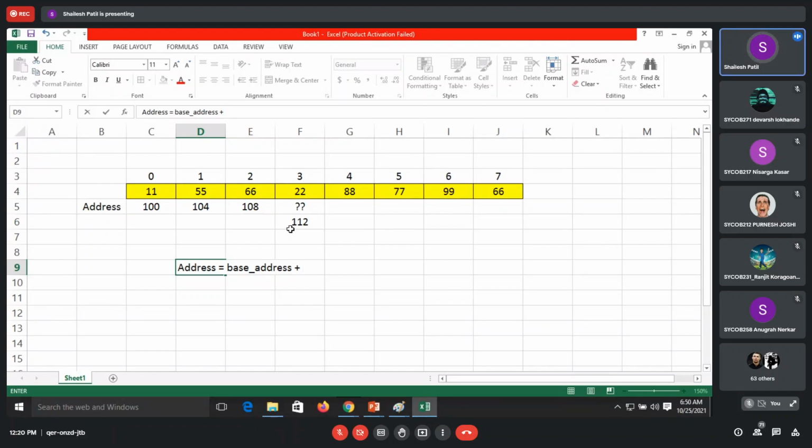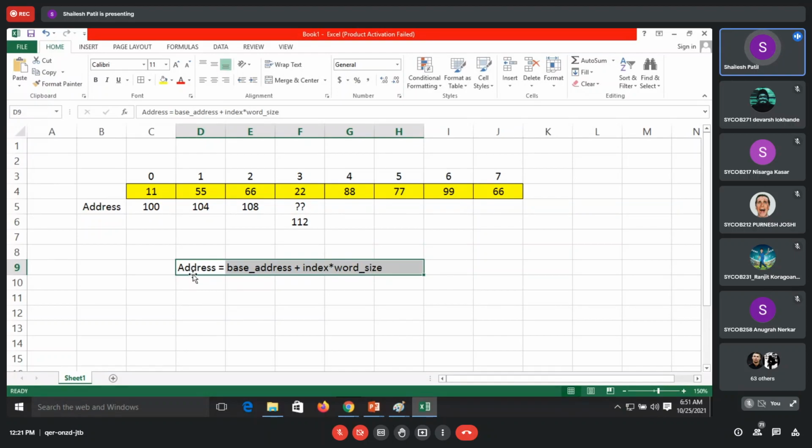Yes, correct. Roughly, it is index into word size. But it depends on your compiler; it may be 2 bytes or 4 bytes. So this is called address calculation.